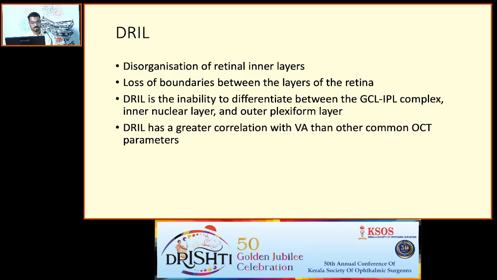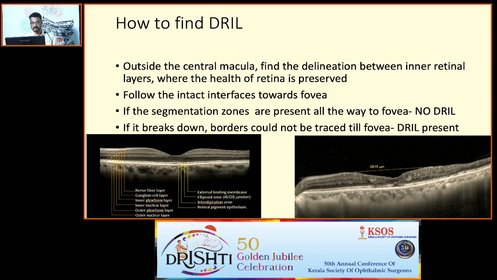First of all, about DRIL. DRIL is the inability to differentiate between the GCL-IPL complex, inner nuclear layer, and outer plexiform layer. It's the loss of boundaries between the layers of the retina. See here in this picture, you can see that the inner retinal layers